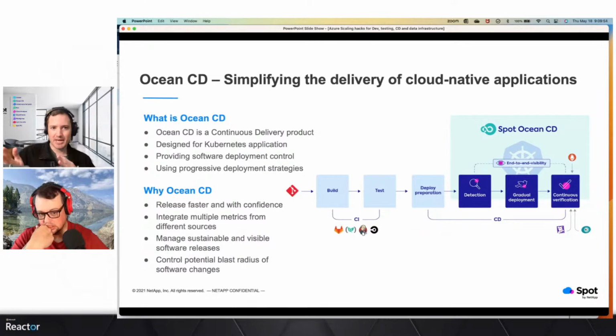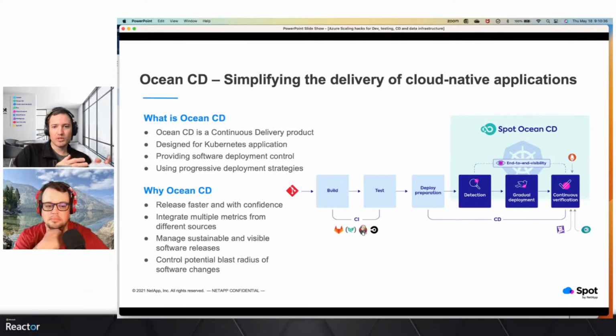So I'm going to take a step back and talk a little bit about our Ocean product. Ocean is our flagship offering for running containers in the cloud at Spot by NetApp. And what Ocean does is it provides a serverless compute experience for running containers in the cloud, in that you deploy our controller and we automatically take over all of the infrastructure scaling based on the pod's requirements. So we figure out what is the best virtual machine type and family and lifecycle based on the pod's requirements, and we optimize that within your clusters.